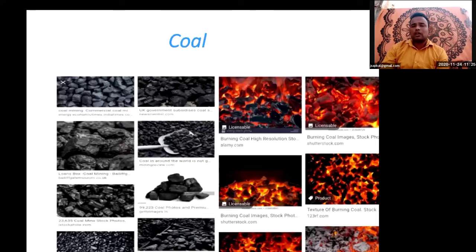Okay, millions of years ago in natural events, many plants and animals got buried under the ground. There is a large amount of pressure and high temperature. The high temperature of the earth's interior slowly transformed the buried plants into a fuel. The plants and animals buried under the ground, under high temperature and high pressure at the center of the earth, were converted into a fuel. That is coal. Coal was thus formed from the remains of those plants. That is why coal is said to be a fossil fuel.